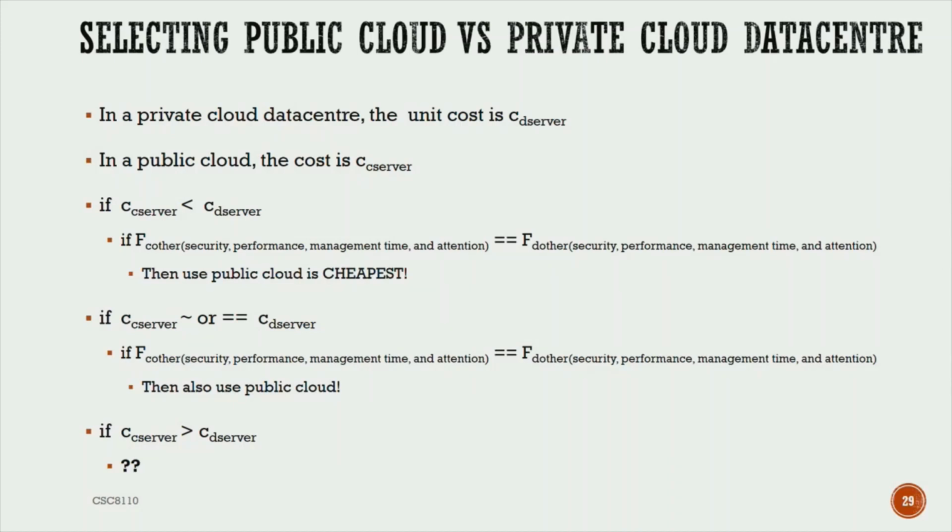If they are equal, then the recommendation is, if it meets your security and performance needs, you still use the public cloud because it will save you a lot of hassle in managing and buying the infrastructure. However, the problem begins when your cloud cost is more than your private data center cost. So what do you do in this case? Which is always the case if you consider it per unit of time. If this happens, what could be your approach to solve this problem? If the C server cost is greater than the data center cost, how should you go about solving that problem?